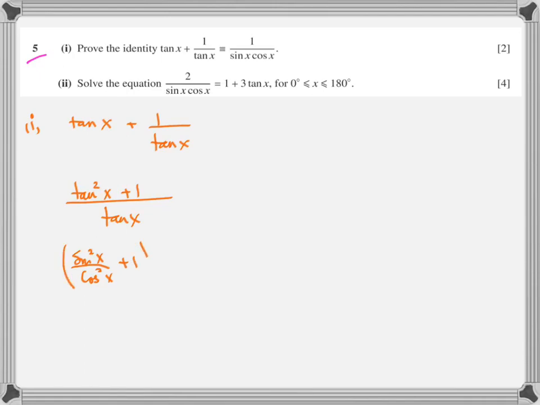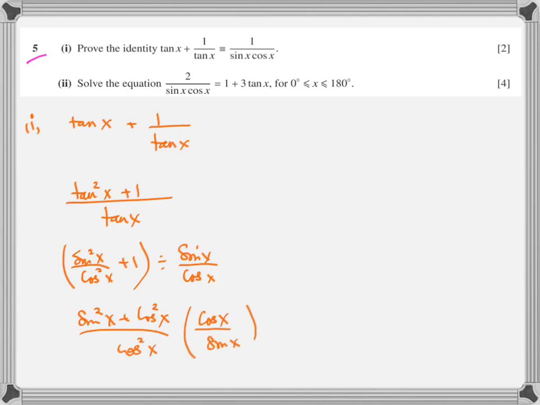Tan square x plus 1, since we are not using that identity that was used in additional math or will be used in A-level math second year, I simply wrote tangent square is sine square over cos square. And then you write the division sign, the old school division sign, and write tangent x on the right-hand side. Rest is your knowledge of taking LCM. Rest is your memory, recalling sine square plus cos square equals 1. Simplifying it, division sign into multiplication sign, upside down, and then you get the answer. So the answer comes out to be 1 over sine x cos x.